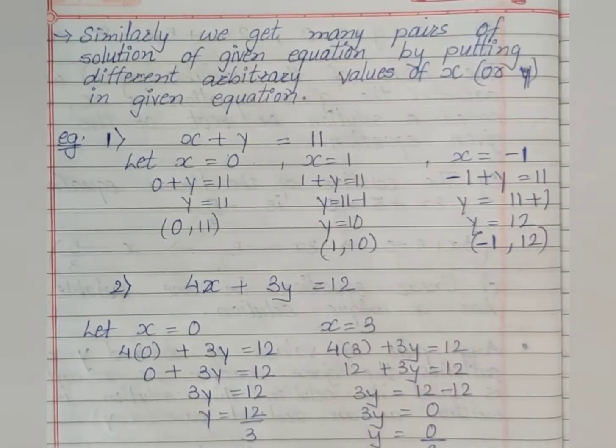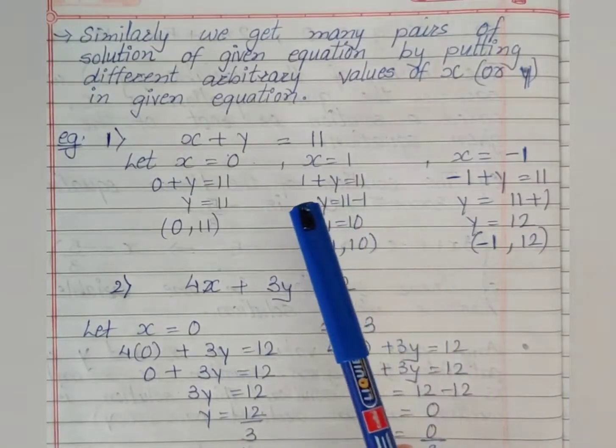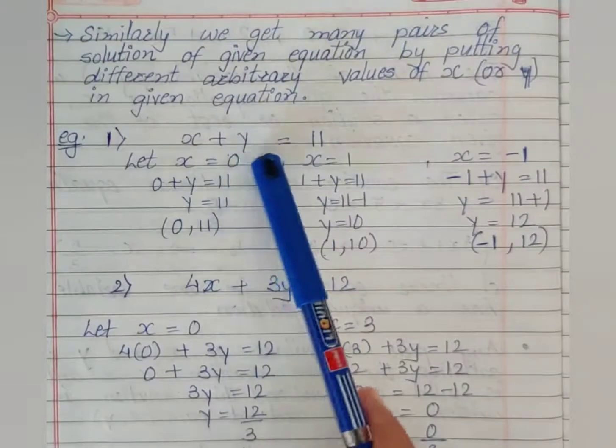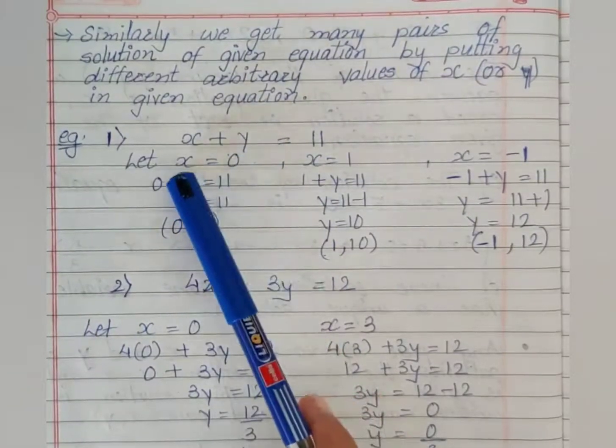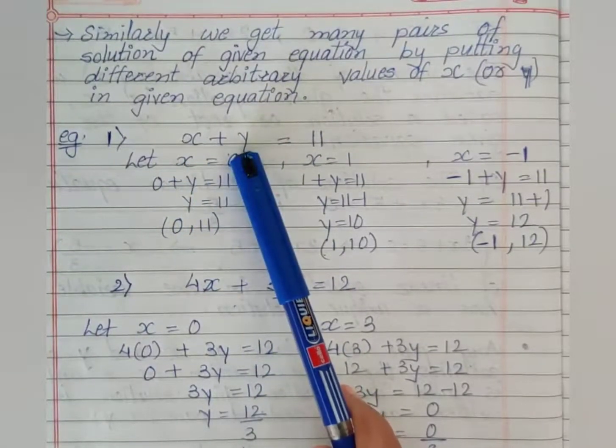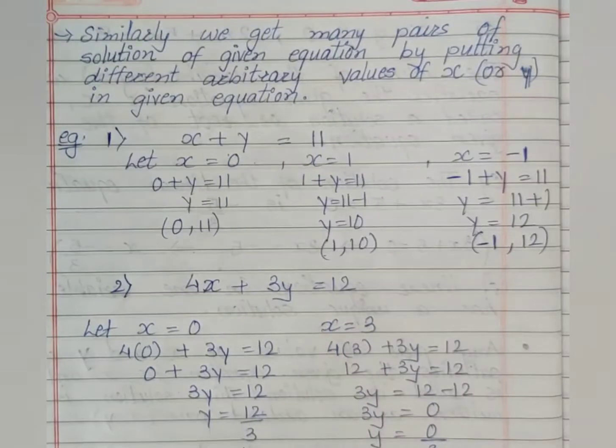In this way, we can find many more pairs for the given linear equation in two variables. Now here you can see that in this given linear equation, both the variables do not have any coefficient with them. So when we are selecting values as 0, 1, 2, minus 1, minus 2 in this way, we will get the values as whole numbers, as integers, and we don't have a problem.